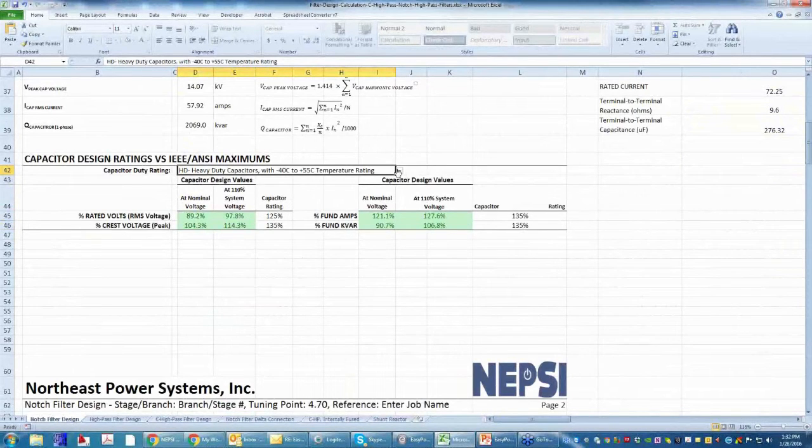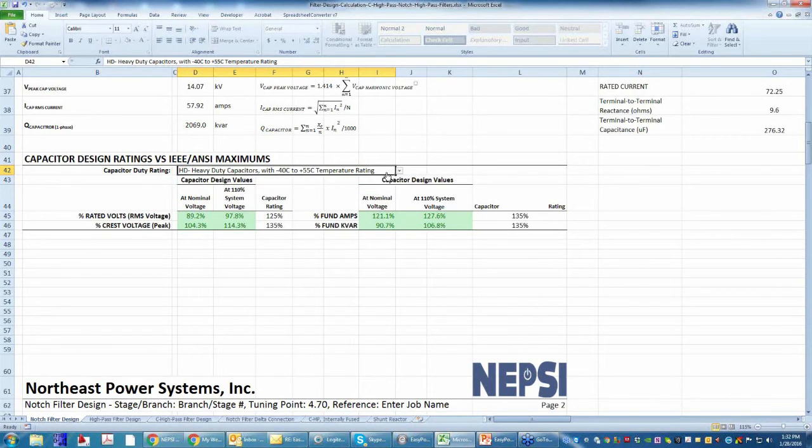And incidentally, all medium voltage capacitors are not the same. In fact, you can see here I have 3 different choices. You can use standard duty rated capacitors, or heavy duty rated capacitors, or extreme duty rated capacitors. And these are Cooper terms, but whether you're buying from ABB or from GE,